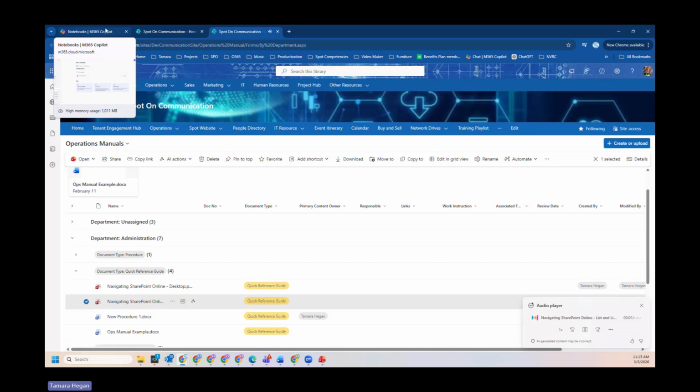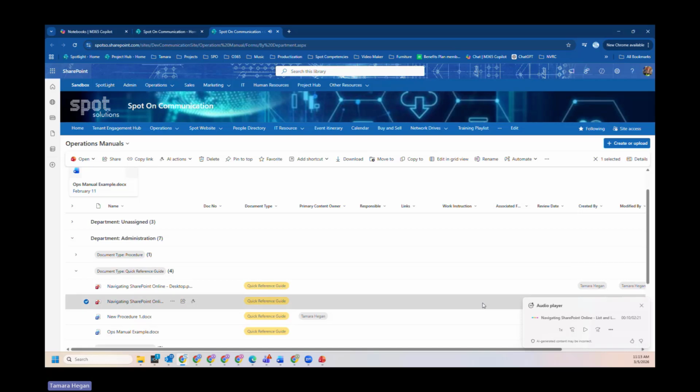Welcome to our focused overview on navigating SharePoint Online, specifically highlighting the lists and libraries function. Today, we'll examine a